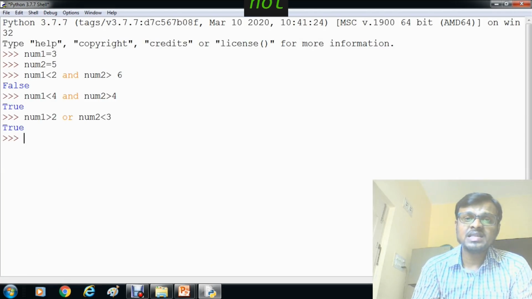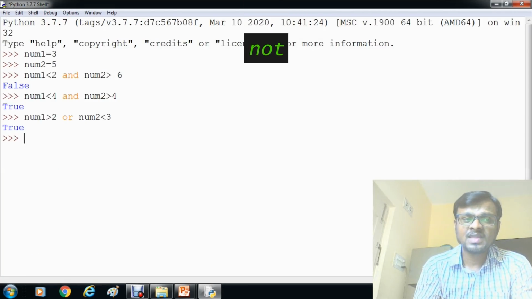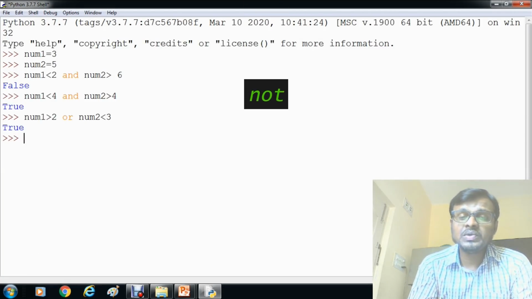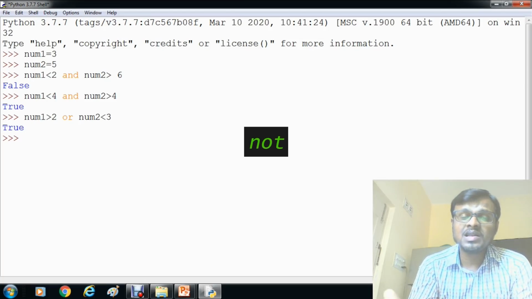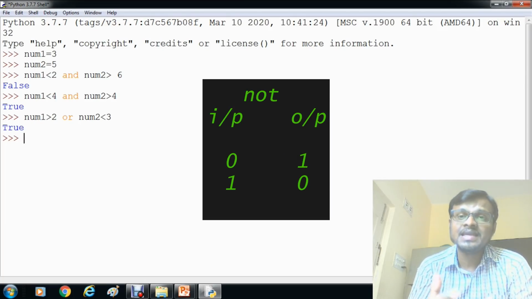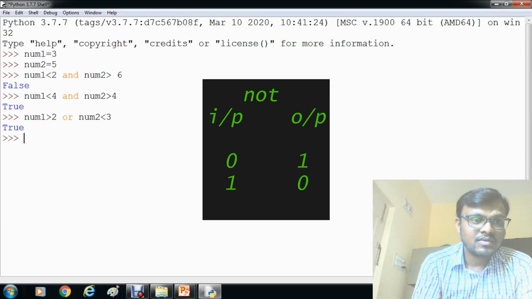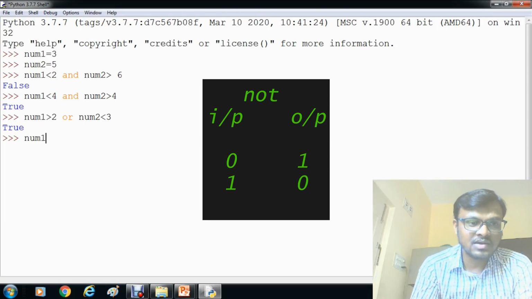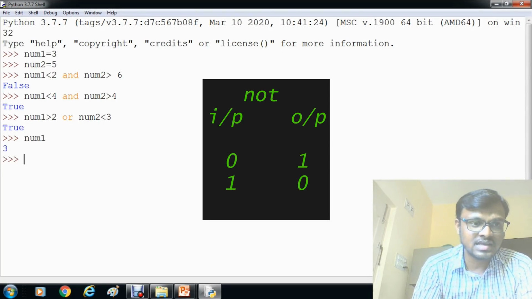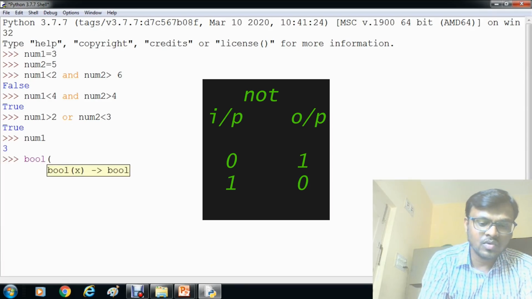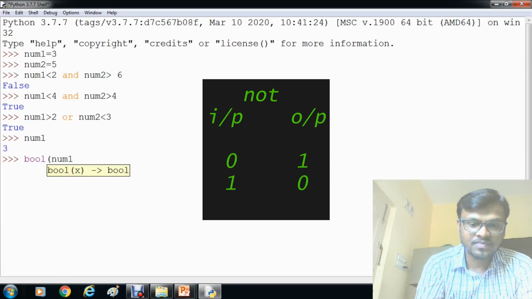Okay, now we'll check the NOT operation. Whenever you want to revert the logical status of any number or any variable, we'll use the NOT operation. For example, we'll take num1. For num1, what is the value? 3 is there, it is an integer. Now you print bool of num1, what will it give?